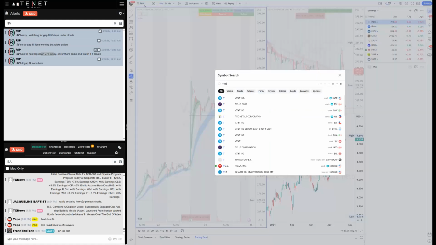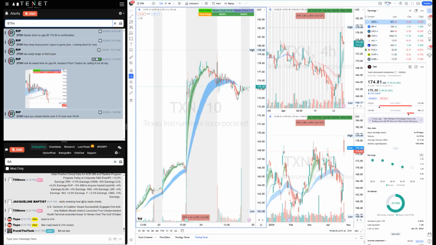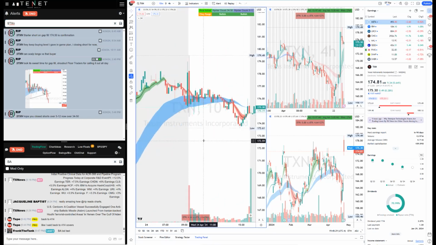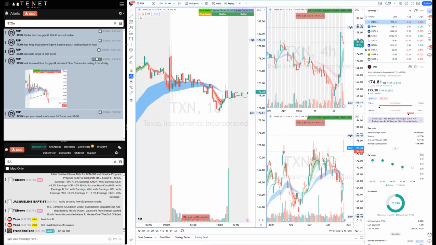Texan is another one that I left kind of a break even loser. I was short here, right? Starter short. But when it started to give me these wicks, 1, 2, 3, 4, I was not confident. So I got out, basically just a little scratch loss. And then I left it. And then there was a long, also not convincing